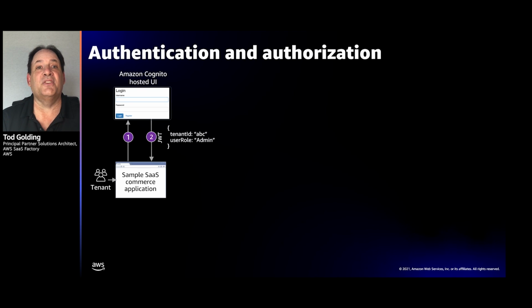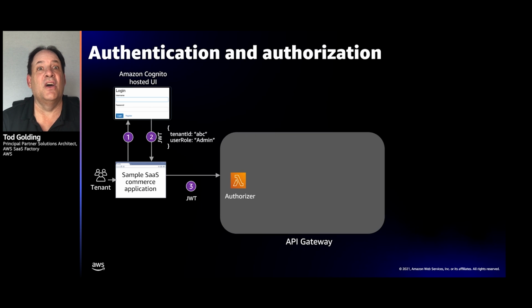and that SaaS application will redirect them to a hosted UI that Cognito provides. Cognito provides this ability to offer you a login experience, and we've used that in this solution. We redirect to that hosted UI, you log in through that experience, and you authenticate as that user that we created before. Back from that comes that JWT token that we talked about, and that JWT token has this user and tenant context in it. And now we pass that JWT token along to the API gateway and downstream to the services that are part of our application.